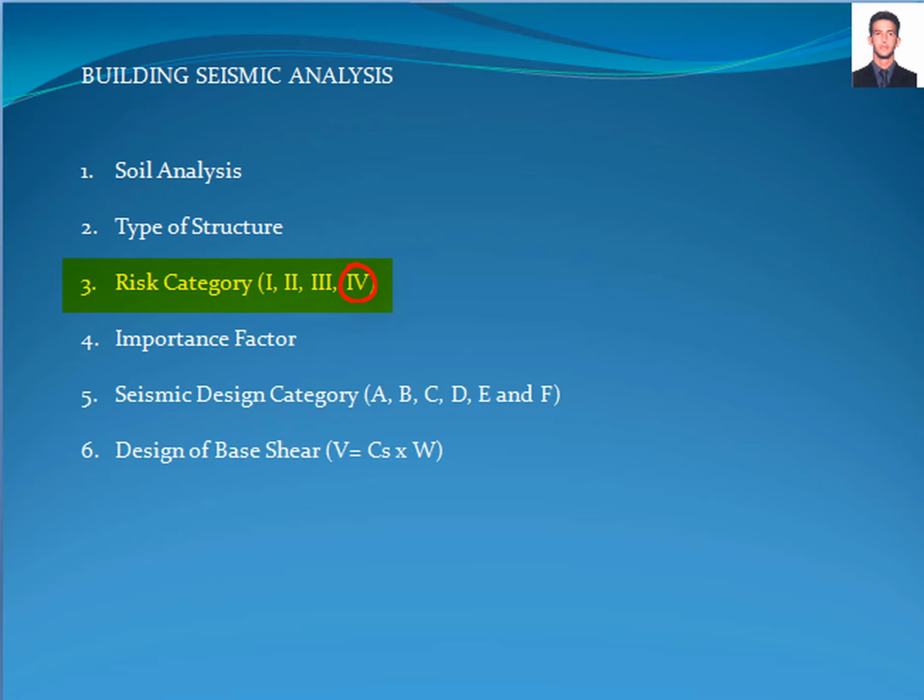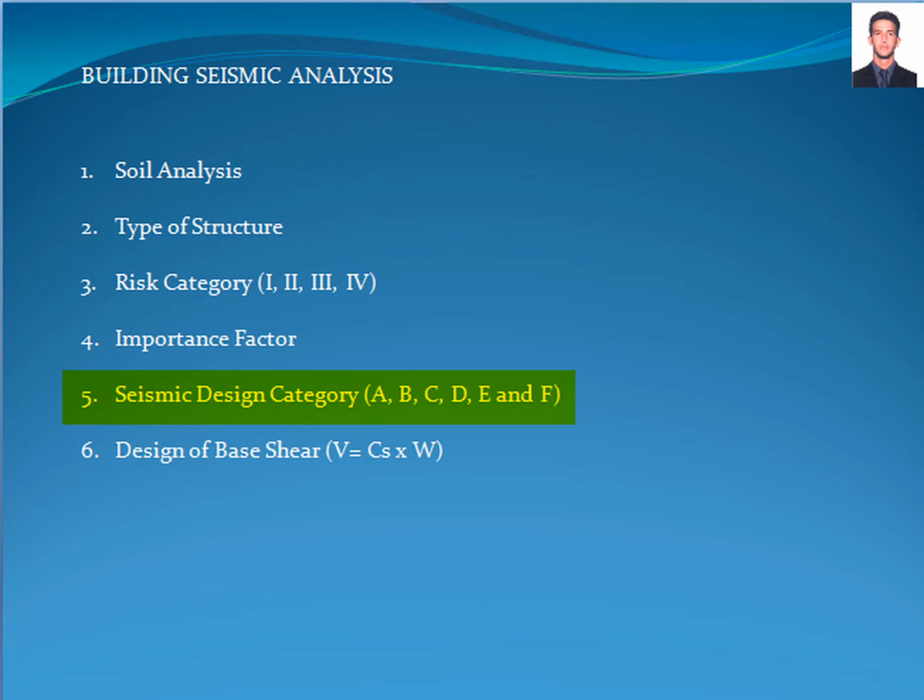Importance factor is a safety multiplier to increase or decrease the design base shear according to the occupancy or use that depends on risk category, according to Table 1.5-2 of the American Society of Civil Engineers Standard. And their values are: risk category 1, 1; risk category 2, 1; risk category 3, 1.25; and risk category 4, 1.50. Seismic design category is a classification assigned to a structure based on its occupancy and use, and